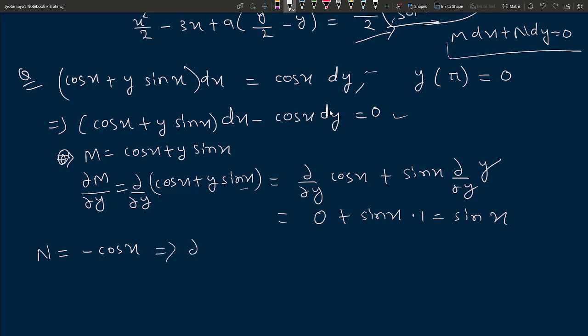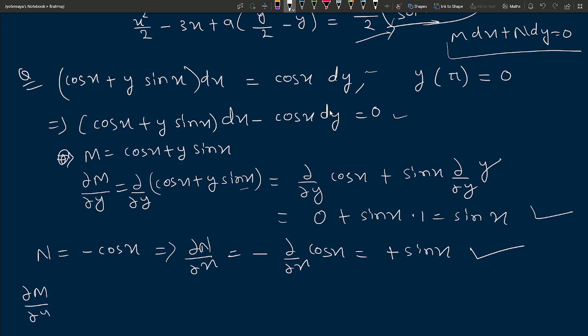Now after finding N, you will find del N by del x. So partial derivative with respect to x of minus cos x. Now derivative of cos x is minus sin x. Okay, there is a minus here, so minus minus plus. Now del N by del x is sin x, del M by del y is also sin x. So del M by del y equal to del N by del x. Hence equation 1 is exact